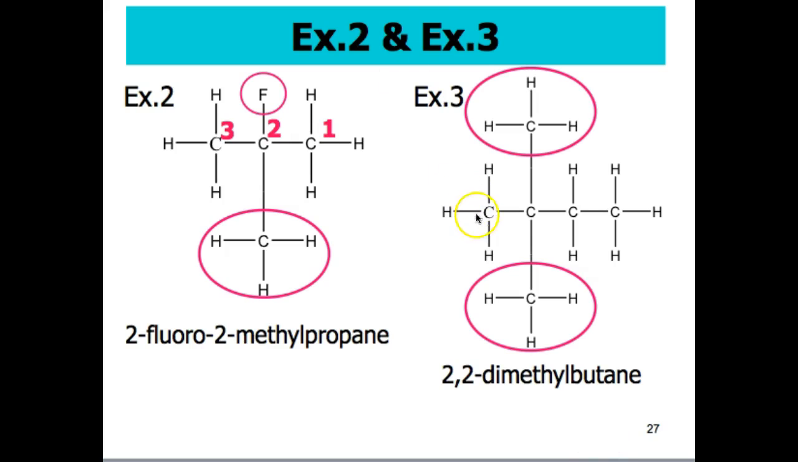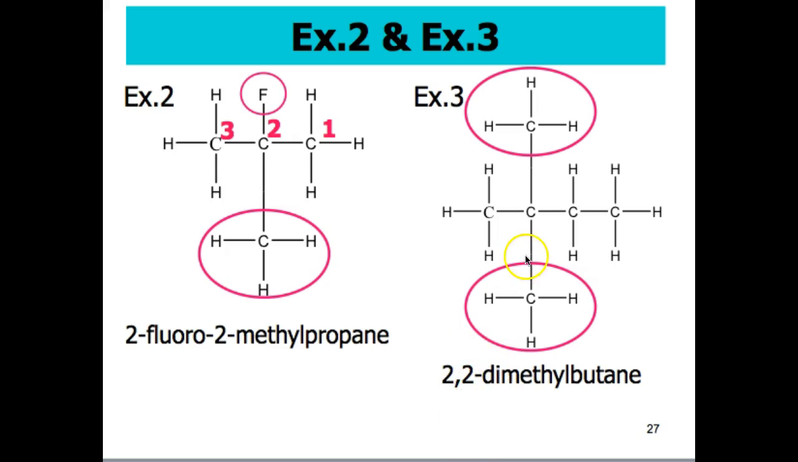Example 3. The longest number of carbons we have in a row, no matter which way we go, is 4. So let's say I take these 4. That's going to be butane. That's ane because they're all single bonded. Okay, so I'm going to go 1, 2, 3, 4, butane. On my second carbon, I have a methyl group. On my second carbon, I also have another methyl group. So I'm going to call this